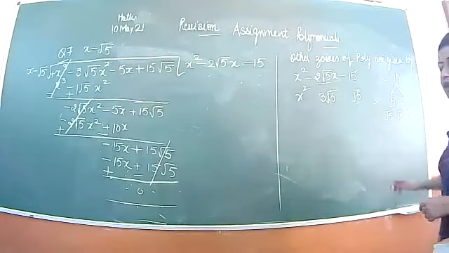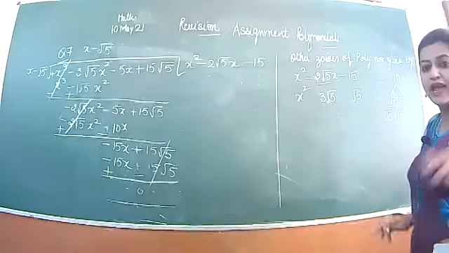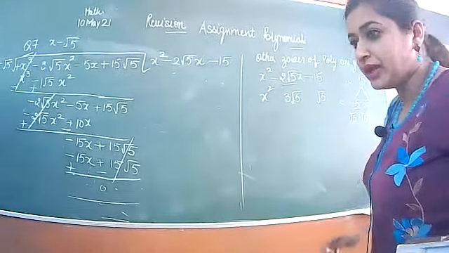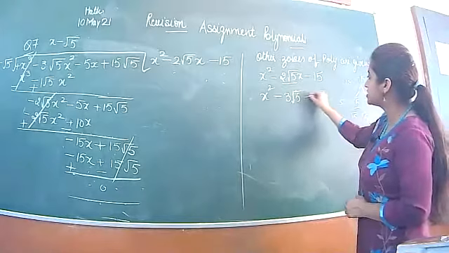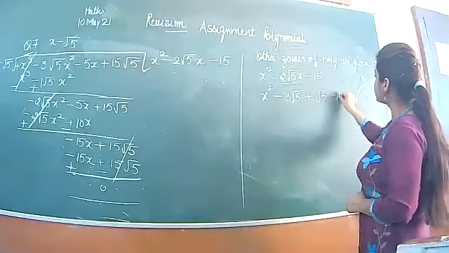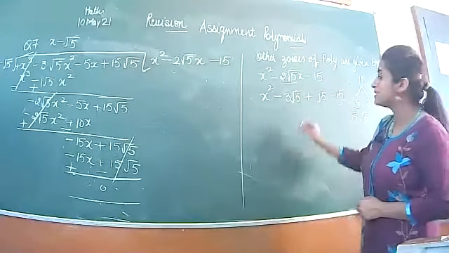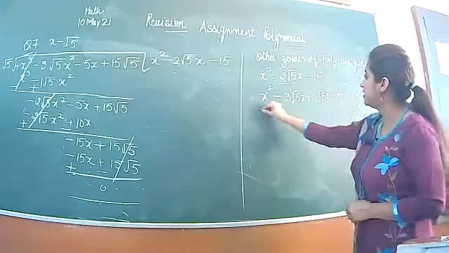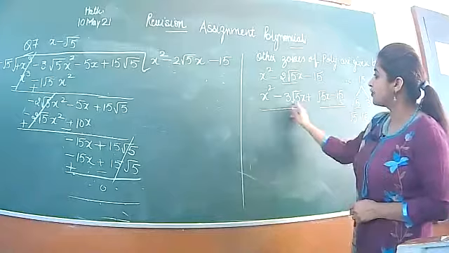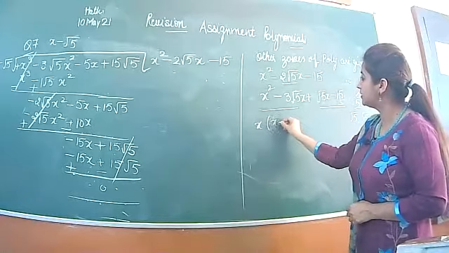So the factors become 3 root 5 and root 5. This is of subtraction sign, this is of addition, minus 15 is same. One thing is missing, I haven't written x with it, it's compulsory to write. Take common, so from this we are getting x common.